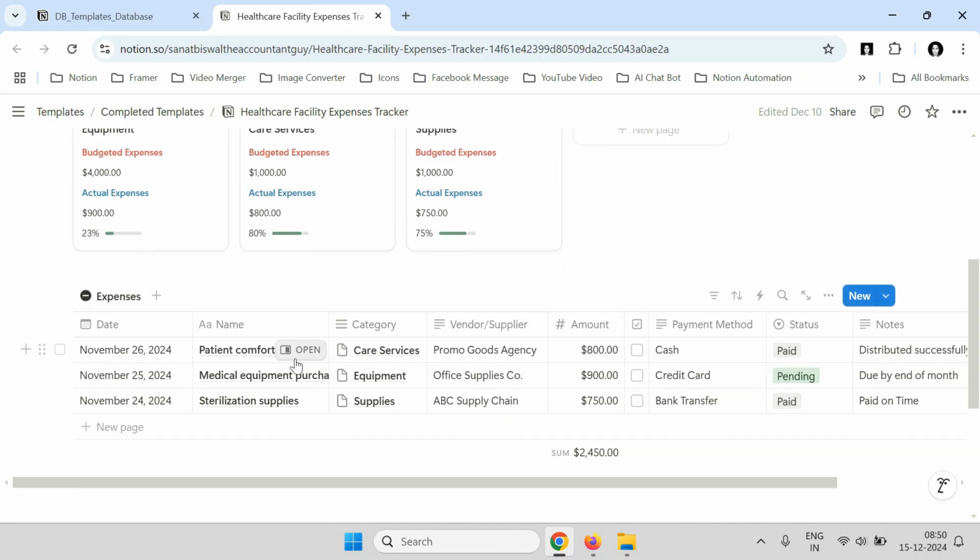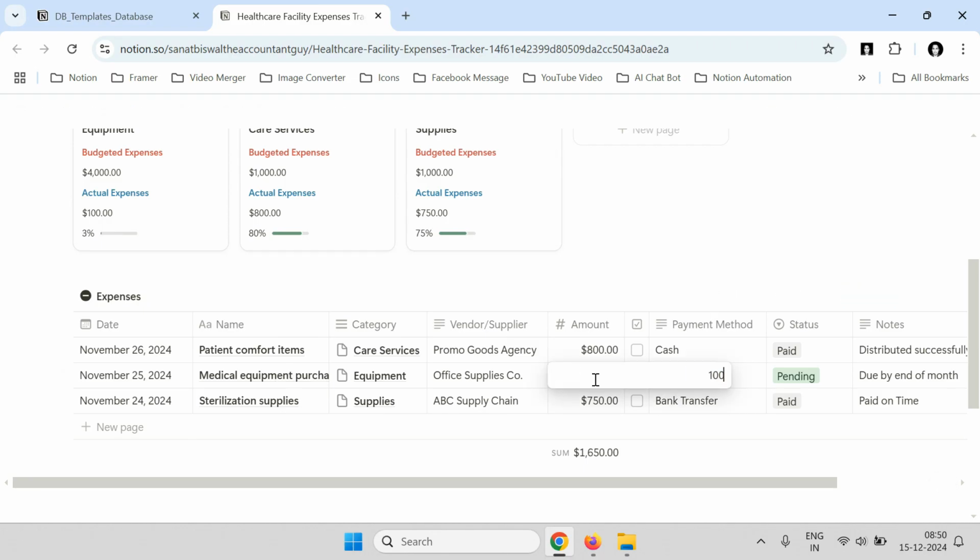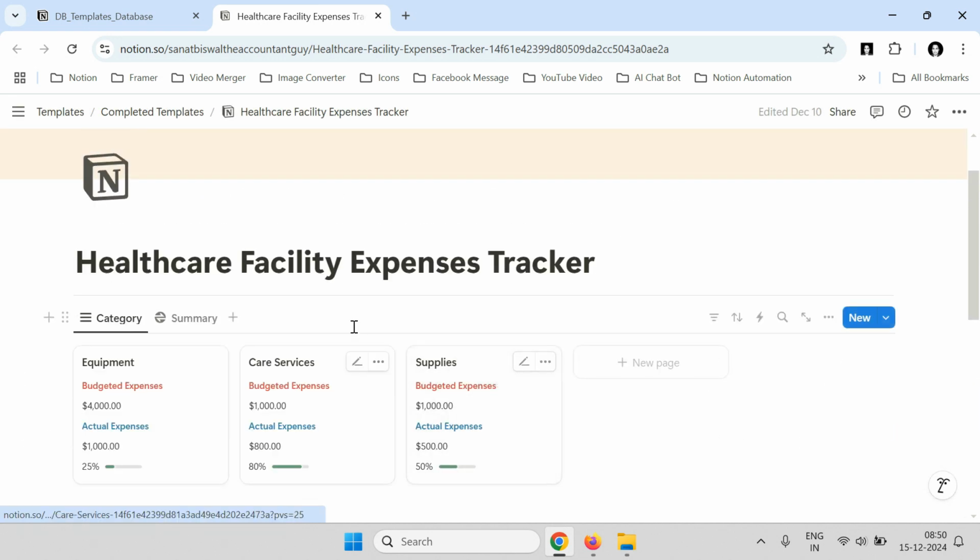As for the expenses, we have defined all the expenses at the bottom. So as you change the expense values, everything gets updated on the top as per the change in the values, and it gets quickly synced with the values that we have at the top. Okay. So this is a quick overview of how you can utilize this template to keep track of healthcare facility